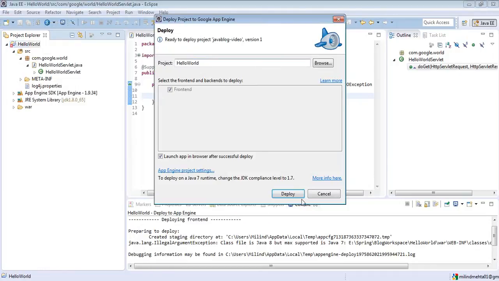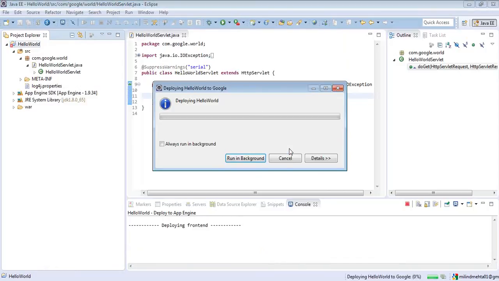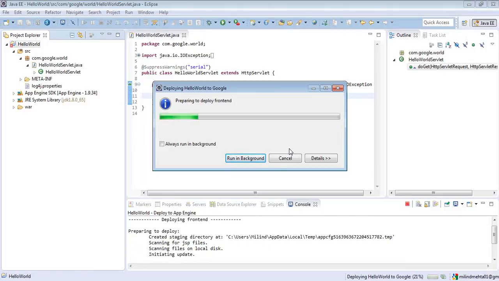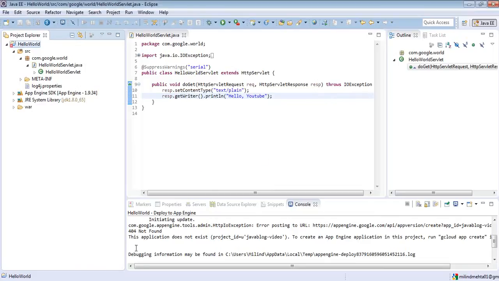Deploy to App Engine. Okay, so let's deploy it. It is saying that deploying the HelloWorld project has uncovered a problem. The project ID you have given, Java blog video, does not exist. Okay, so we need to change some settings. What setting do we need to change? So let's go to